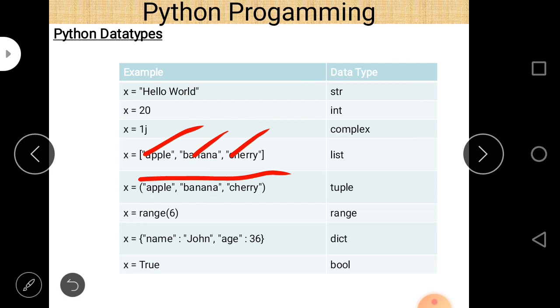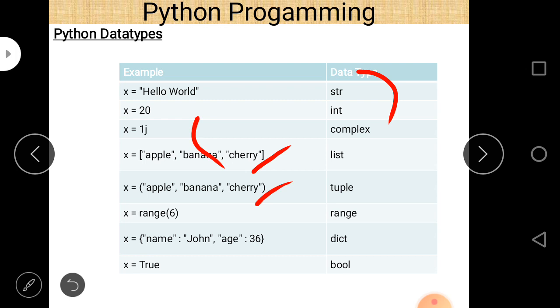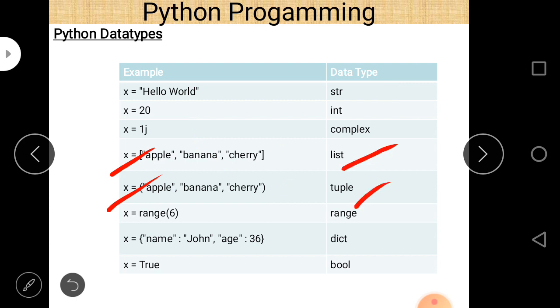So this is another data type which contains different numbers of data, and then tuple here, and we can easily see that there is only a difference of representation here, parentheses are used. We will discuss these two in detail in our next video, but for today you have to learn that these are the two data types used in Python programming language, list and tuple.